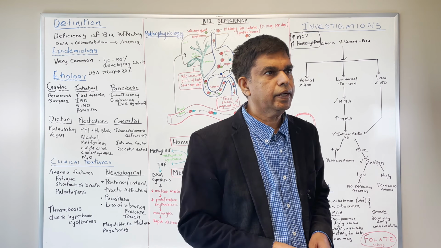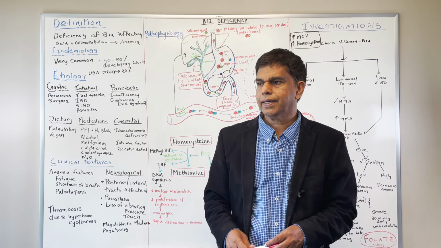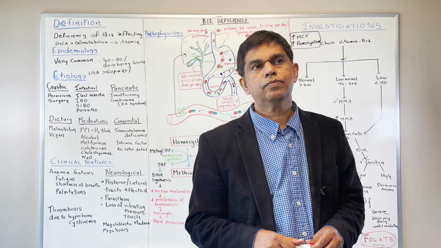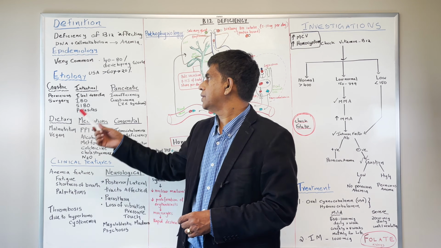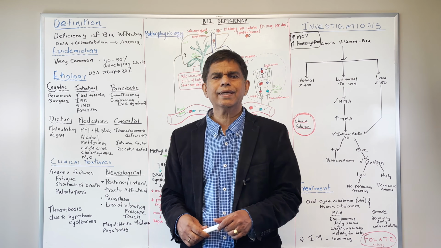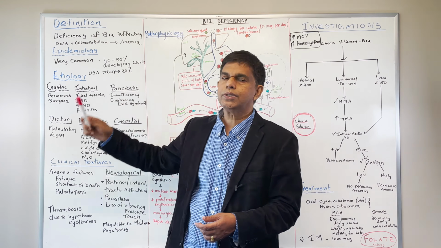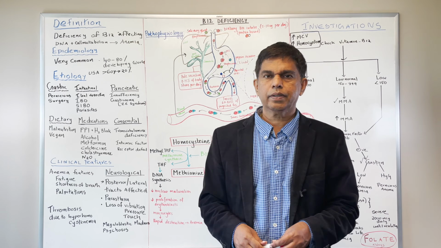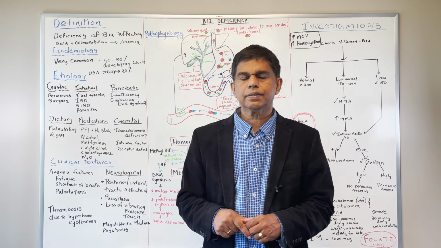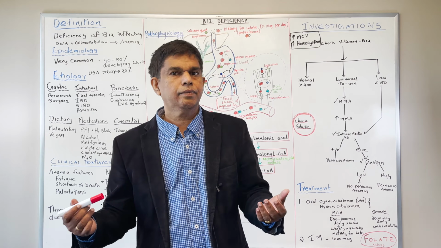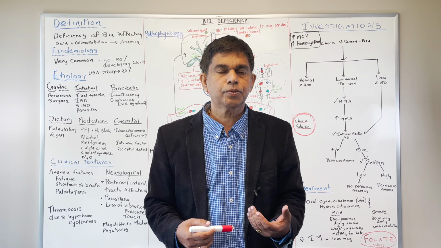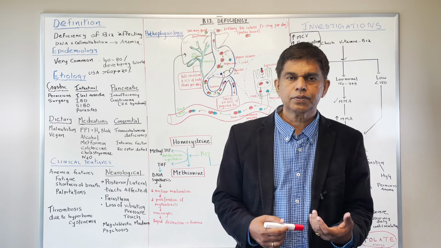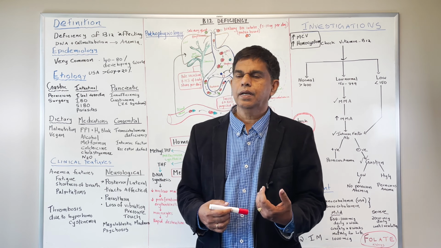Okay, let's look at the epidemiology. Very, very common, okay? If you look worldwide, in the developing nations, that's like 40 to 80% of the people. In the developed nations, maybe less, but in the United States, if you're 60 years or older, around 20% of people can have vitamin B12 deficiency. So when you see a patient, always think about it. Also remember that some of them may not have anemia, so it's very important to think about a broad differential.